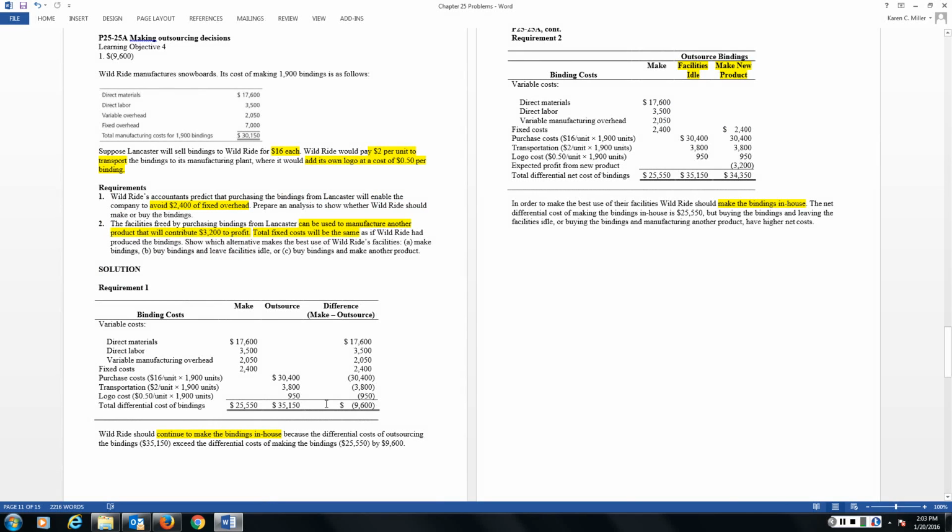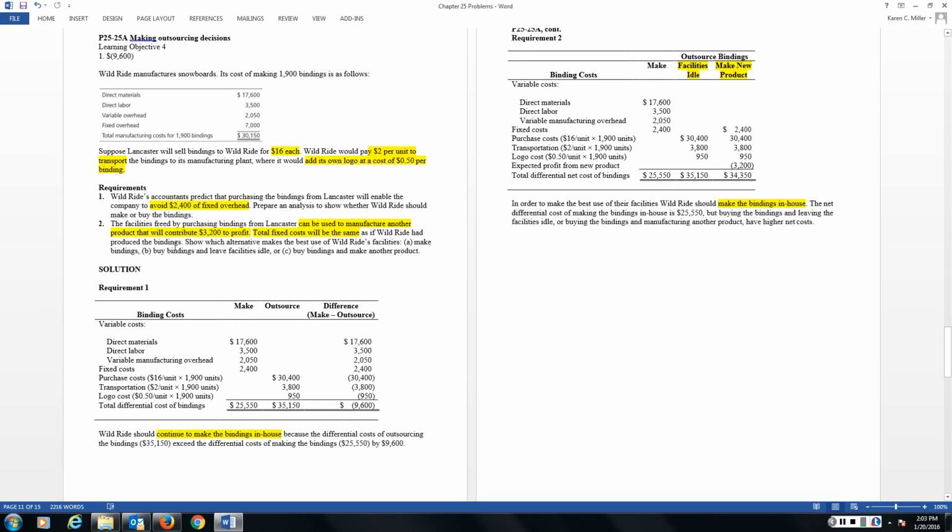Okay, this would not be wise unless there is some superior quality binding, liability type insurance coverage that's coming with this binding that we can't provide ourselves. But just quantitatively, it is cheaper for us to manufacture this part ourselves than it is to outsource. It would cost us $9,600 more to outsource. So based on quantitative data, we would keep this in-house.